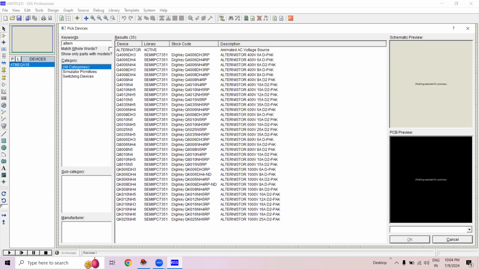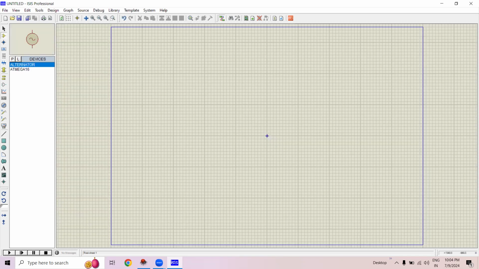AC component means it may be a lamp, it may be a bulb, it may be any other AC operated device. So for now I'm considering one lamp. So let's pick a lamp as well. And to operate this lamp, we have the alternator. We have ATmega16,